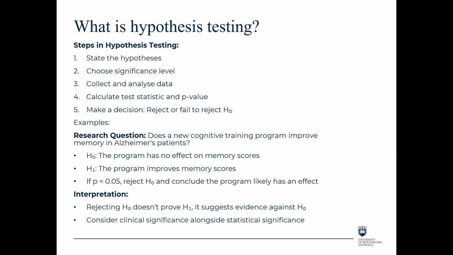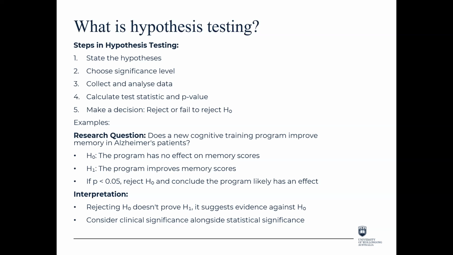Steps in hypothesis testing. You state your hypothesis, choose your significance level, which is generally 0.05, collect and analyze your data, and calculate your test statistic and p-value. So you go find one of those tables that I showed that tells you the type of statistical test to do based on the data that you have. Then you perform that test and get a p-value, and you make a decision to reject or fail to reject